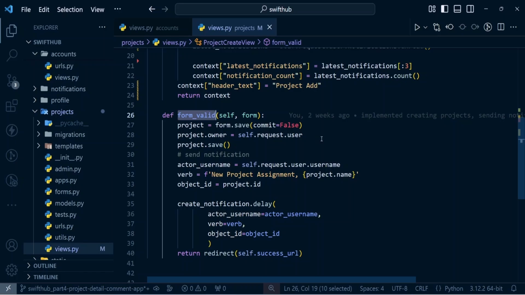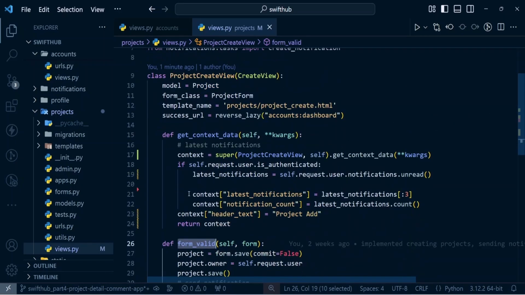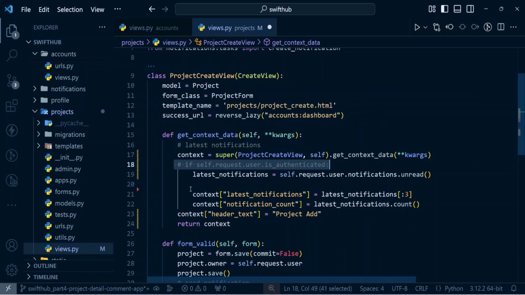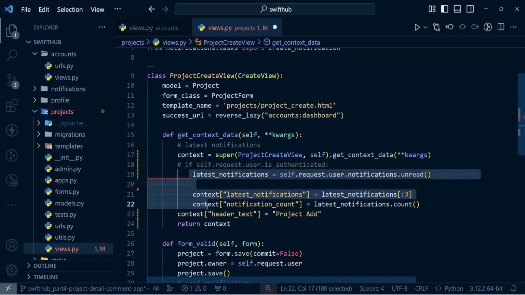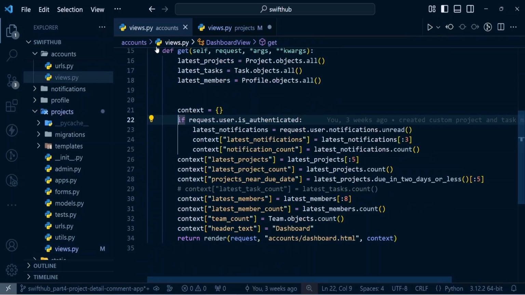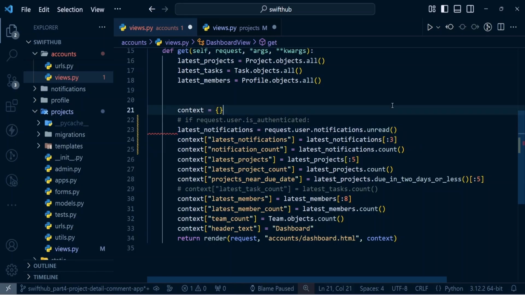So what we're going to be doing at this point is to actually protect these views. So first of all, I'm just going to take out if request.user.is_authenticated. I'm just going to comment it out, and from here I'm also going to tab these ones back. Okay, then I'm also going to go into the dashboard and comment this one out, and then I'm also going to tab these ones back. Okay,